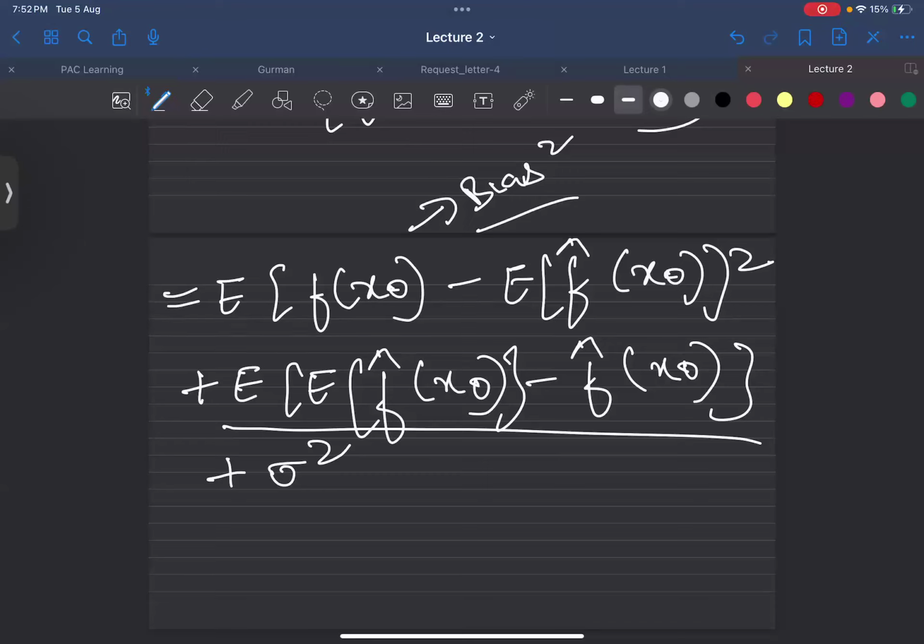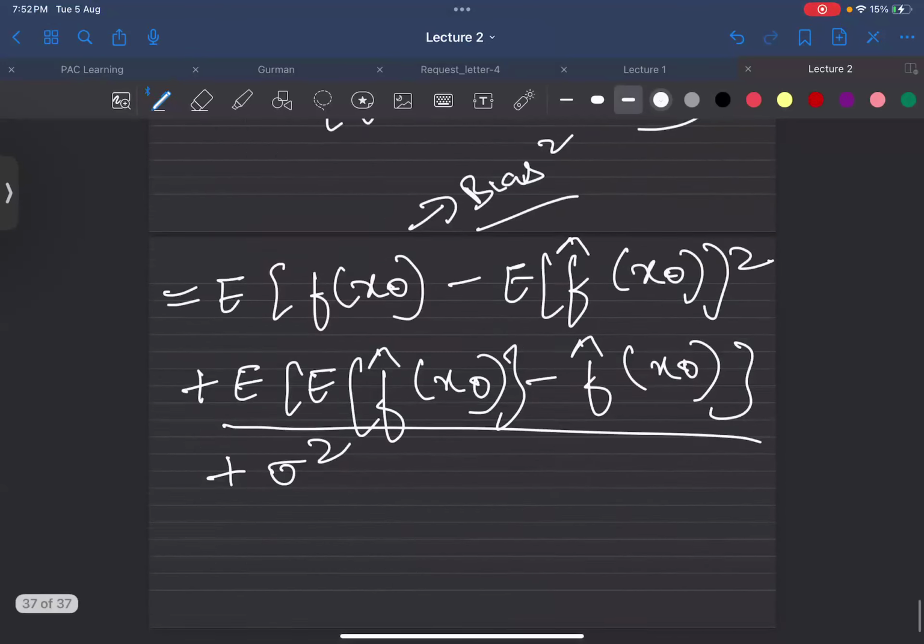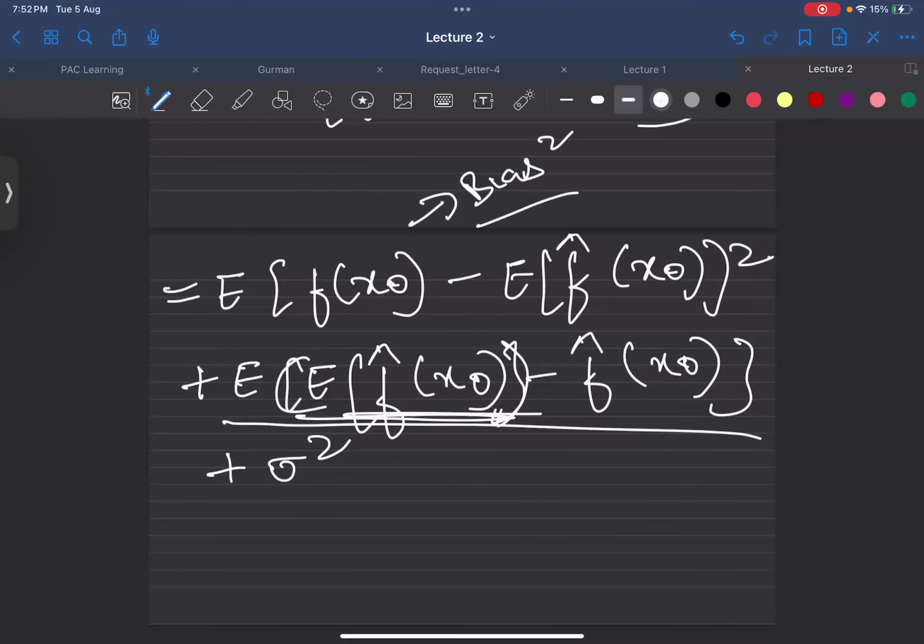And this is the square. Here we are checking the average. Ma'am, we are using double expectations here. Yes, expectation of the predicted output to the expected output. This is the expectation of the predicted output, and this is the overall expectation. How far is the predicted output from the expectation on average?